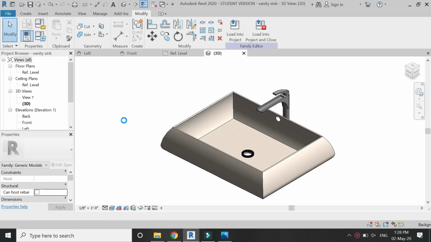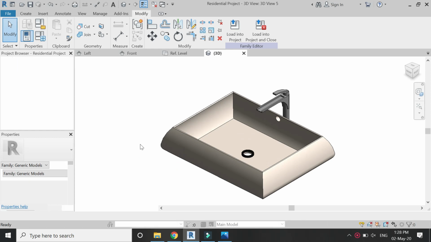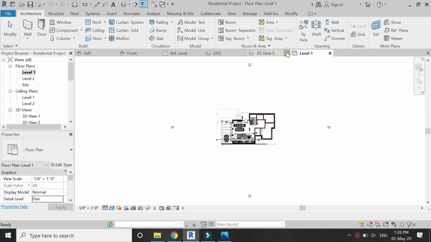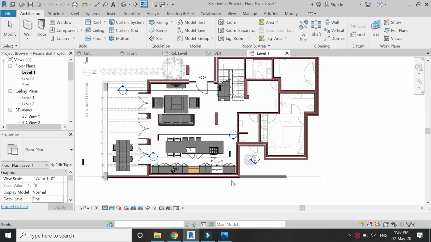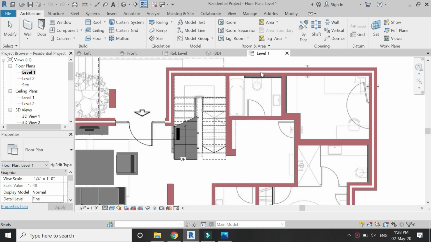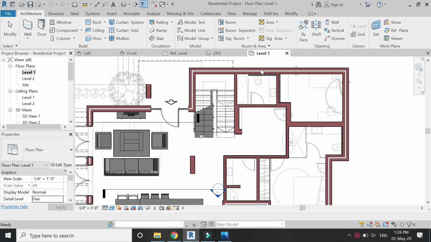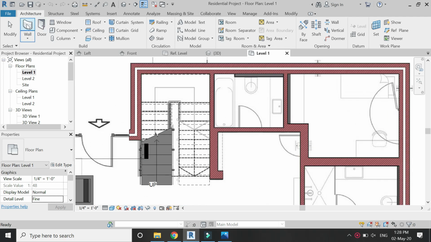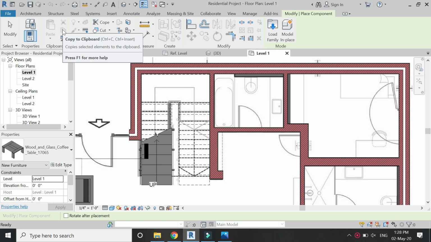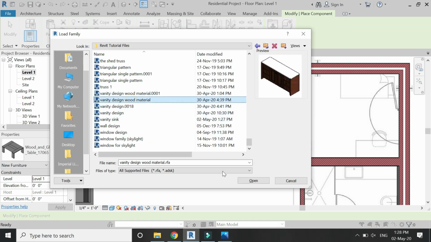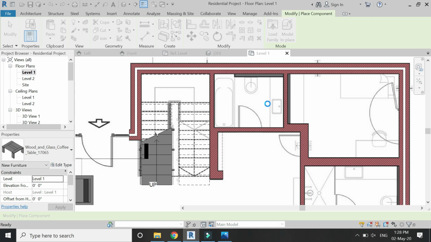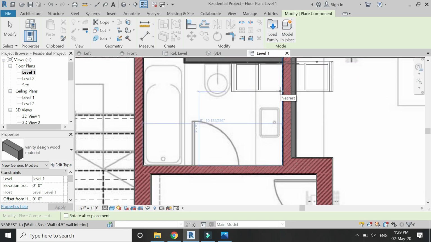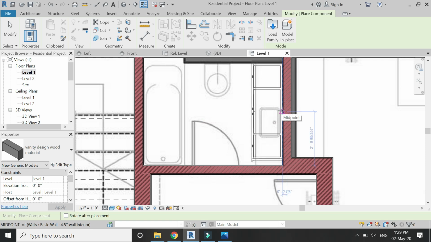Now open the project file in which you want to place this sink. So I have opened the residential project, and first of all I'm going to place this vanity, which I have designed previously, and the tutorial is available on my channel. So first of all I'm going to load that and place it in this file. Use the space bar to rotate it,